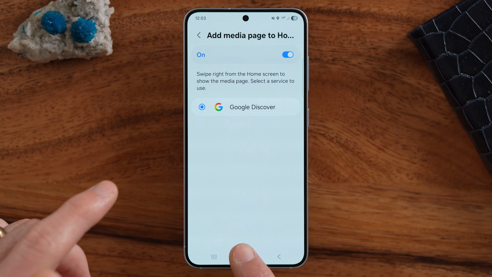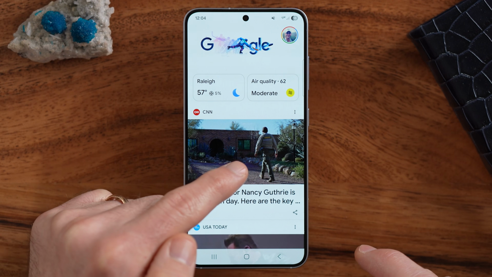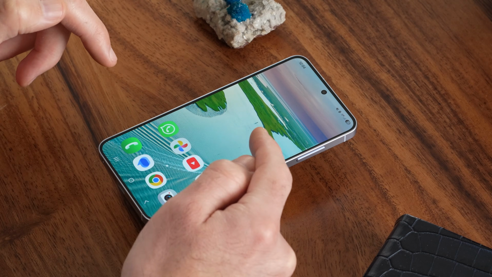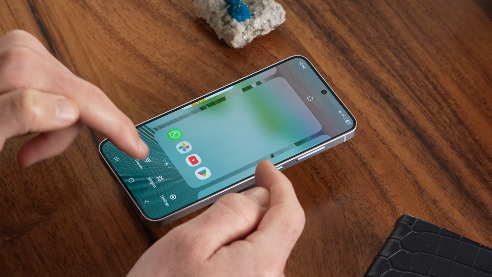I'll show you what it looks like. Let's hop out of here and I can swipe to the right and now it shows me that Google News feed. Another way to turn it on is just to press and hold somewhere that there is not an app